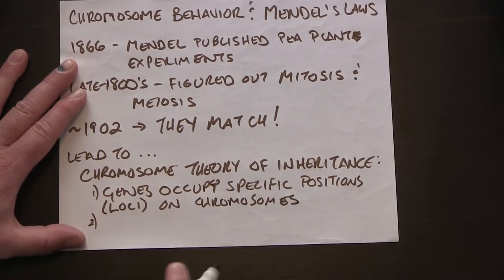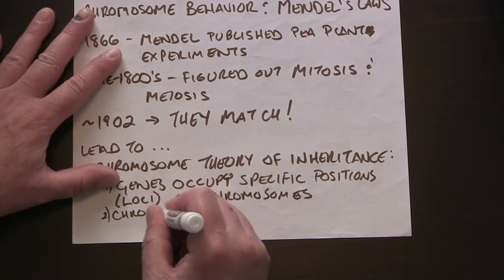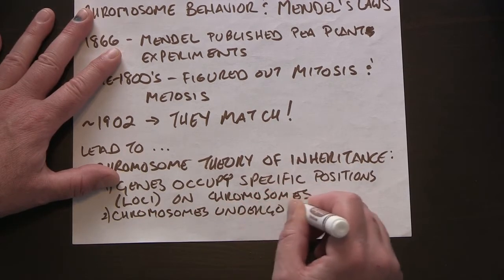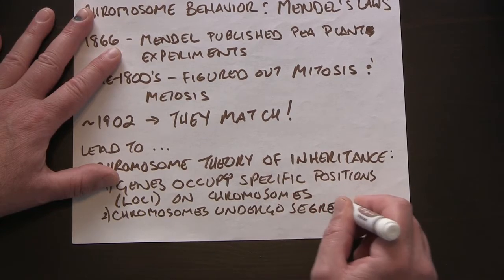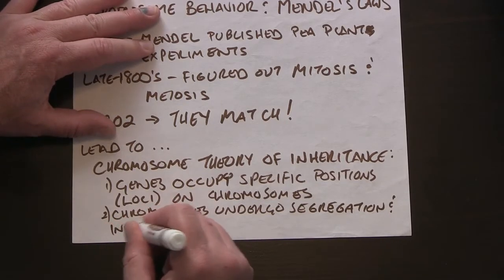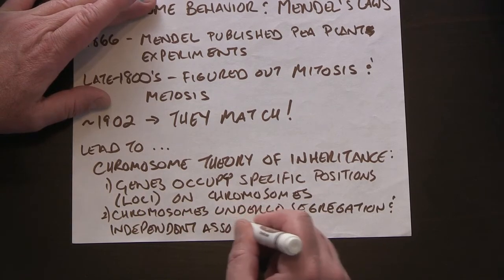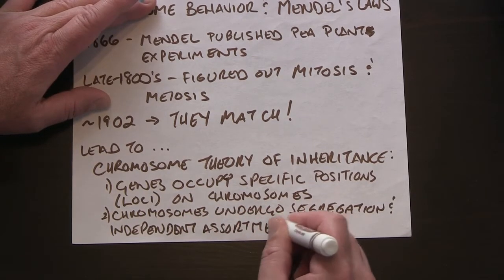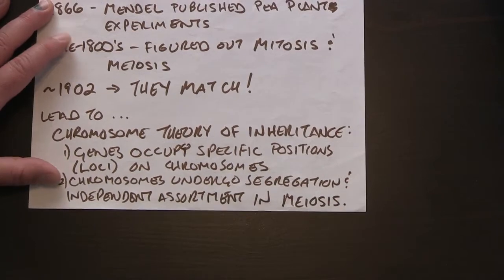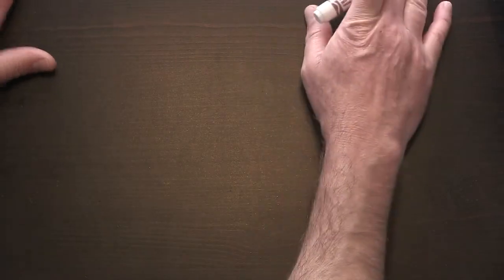And two, that the chromosomes undergo segregation and independent assortment in meiosis. As we've already talked about. So if we look back,